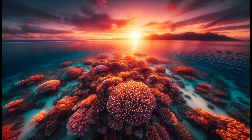As the sun sets over the Great Barrier Reef, casting a warm glow across its vibrant coral gardens, it's a moment of serene beauty that belies a fragile ecosystem facing significant challenges. The impacts of climate change are evident here, serving as a gentle reminder of the reef's vulnerability and the need